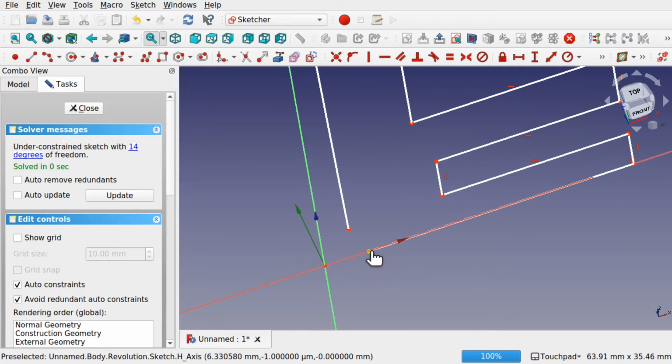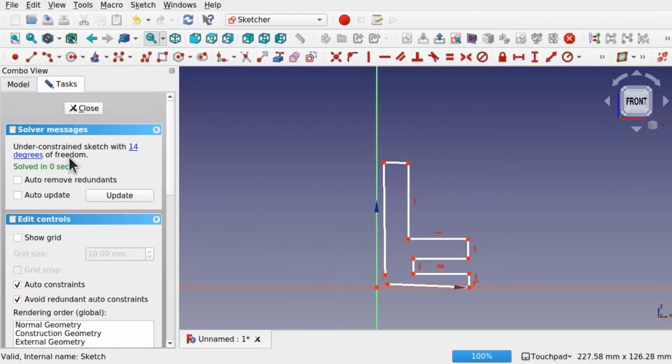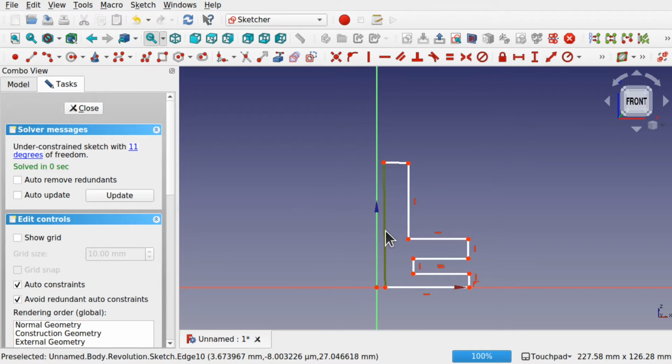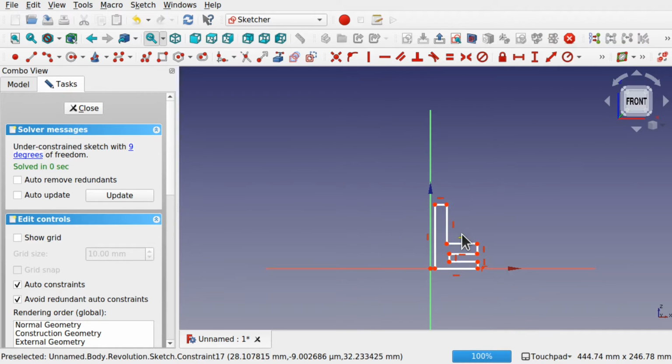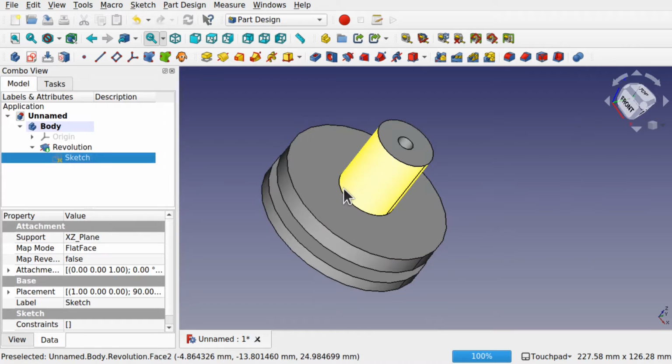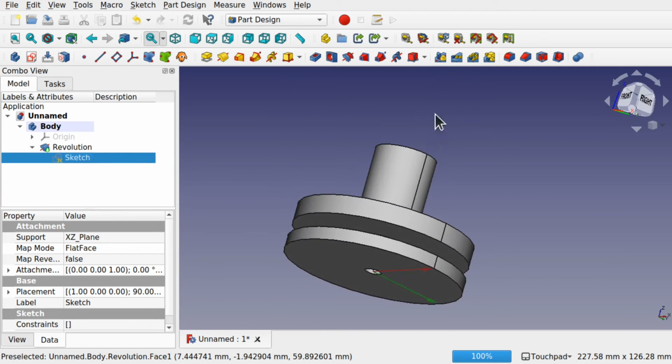Good time to demonstrate that when you've got an open sketch, hit close, this is going into error. So you can see we've got a problem there. So double click that, bring those back together. Coincident constraint, make sure this has got horizontal constraints, vertical on that one. So we've got this now, this sketch. Hit close, we've got a hole going through here now, and that's because